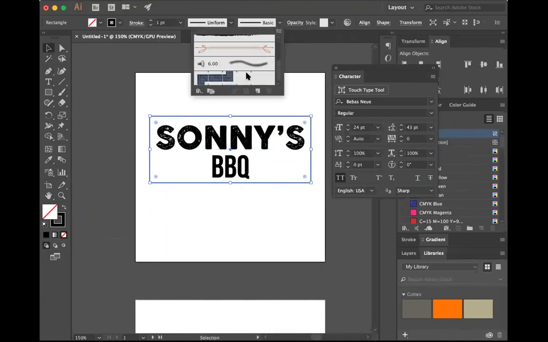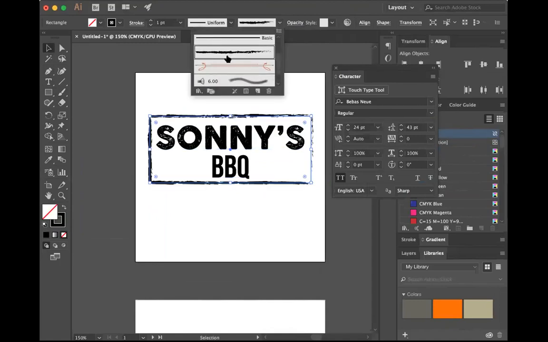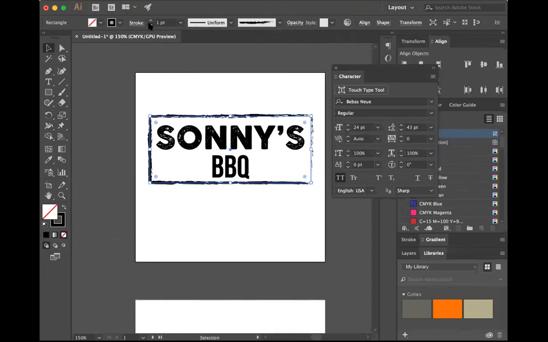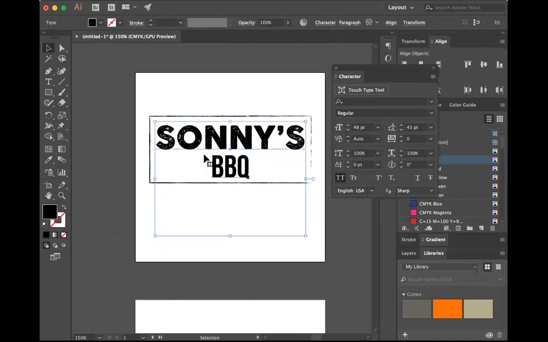So for this, I would probably use something more gritty. The lines, not sure if this is actually right, make it a little thinner here. Something that unifies with that whole look that we're trying to get. And start playing around with it.